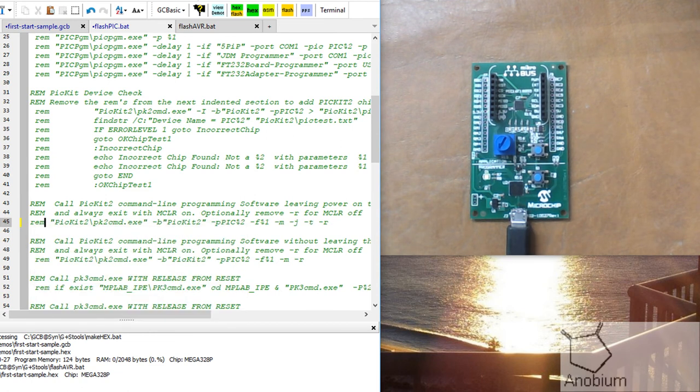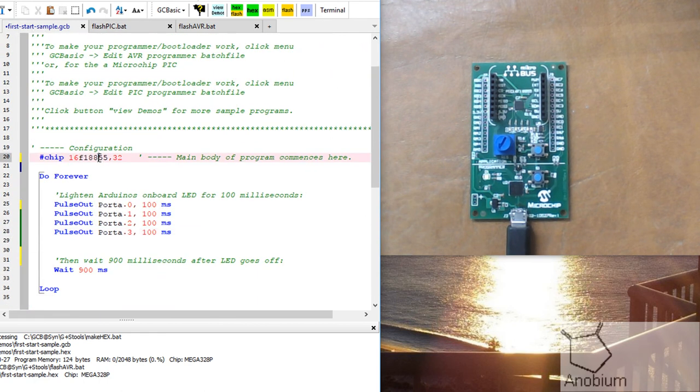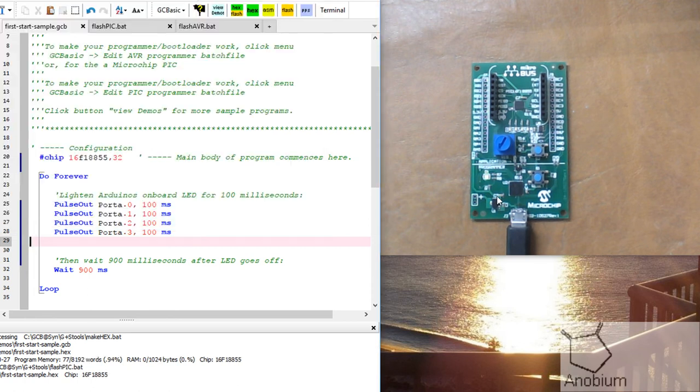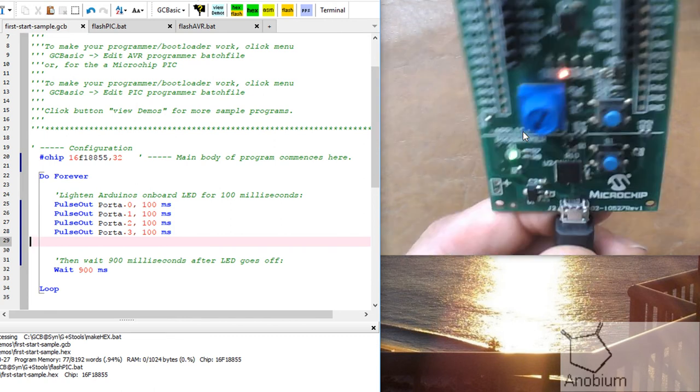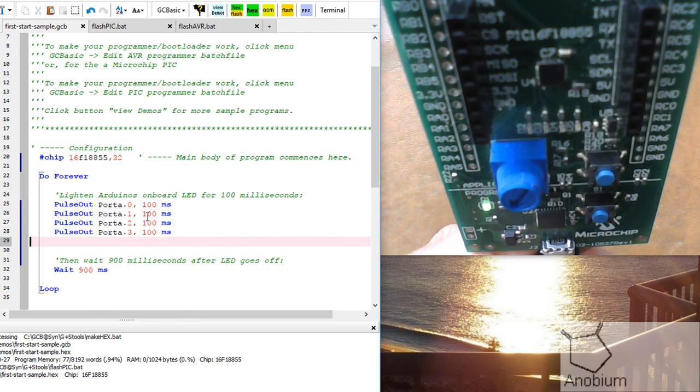I'm going to save it, go back to my sample program, and all I've done is change the chip, I've changed the port, and I'm going to program it. We built a little utility that then interfaces between your computer and the PIC board, and you'll see the LED hopefully flash. This is completely untested, and you can see that those LEDs, if I turn the light off, it would be great. Look, they're running along as a chain,